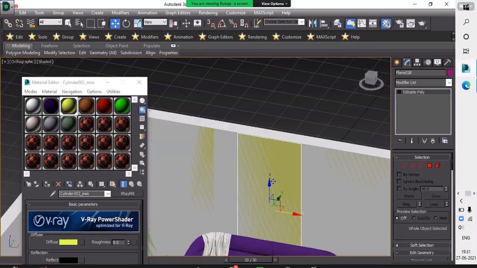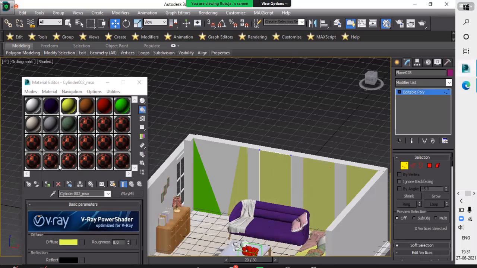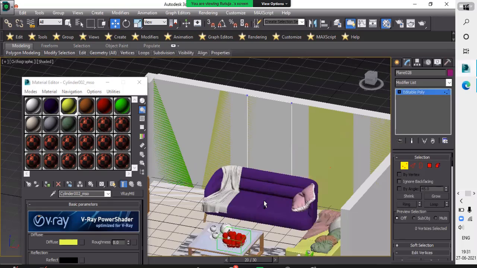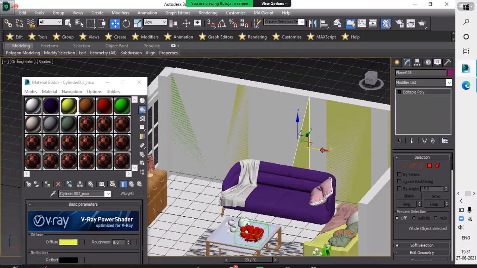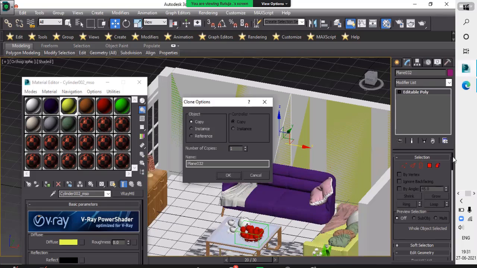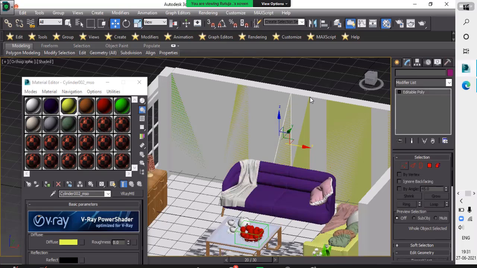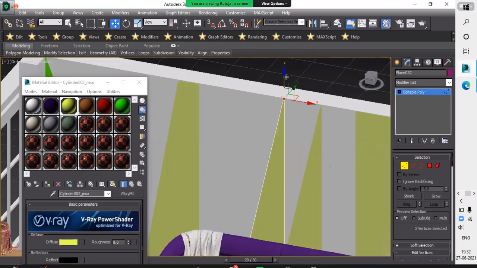So like the previous method, I select the vertex and change the thickness. And do this. I copy it and select this vertex point. Like that.